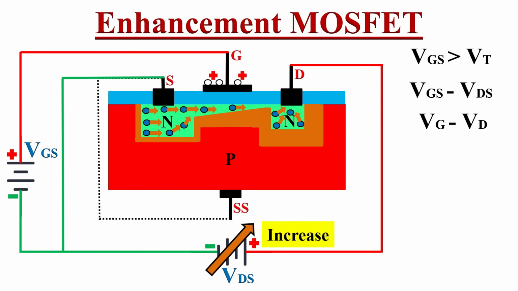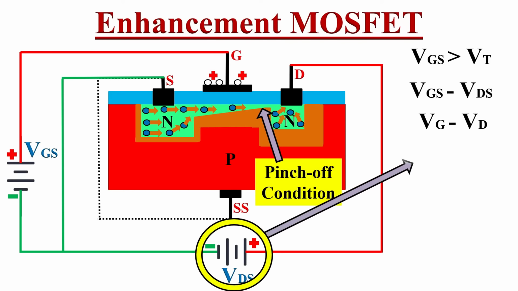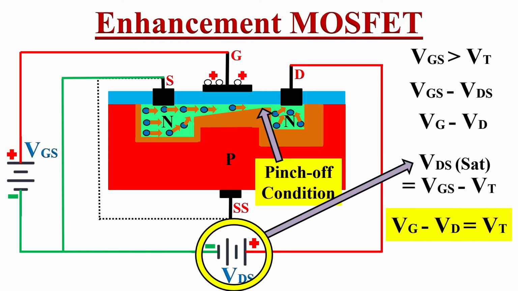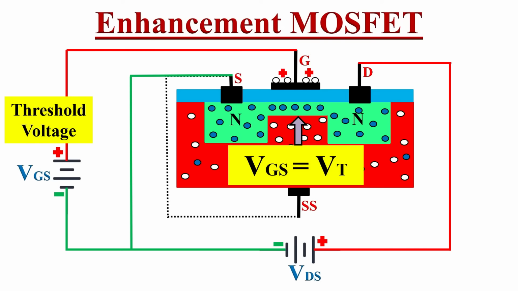And as we keep on increasing this voltage VDS, then at one particular voltage the pinch off condition will occur. This particular voltage VDS is known as the saturation voltage, and it can be expressed as VGS minus VT, where VT is the threshold voltage. That means the pinch off condition will occur whenever the difference between the voltages at gate and drain is just equal to the threshold voltage. At the threshold voltage, or whenever VGS equals the threshold voltage VT,